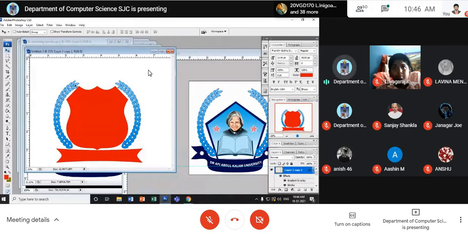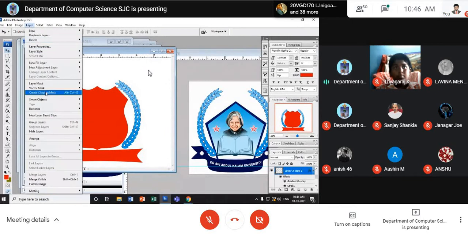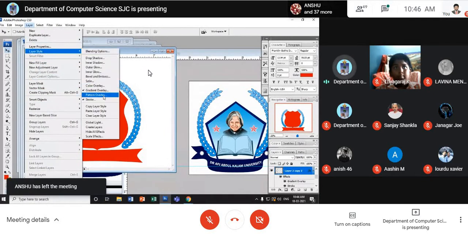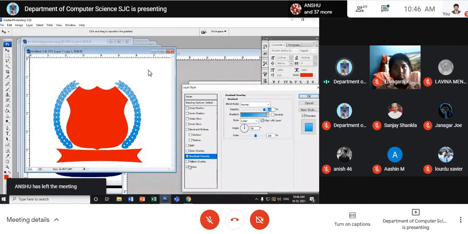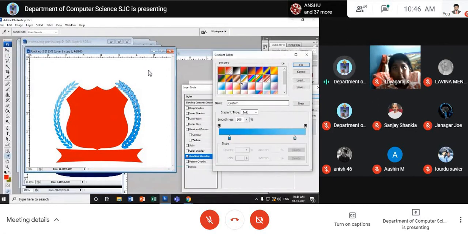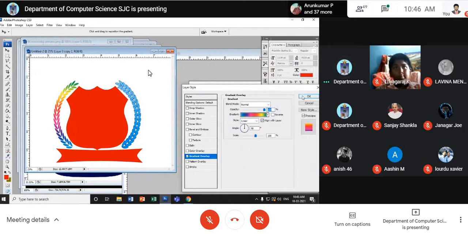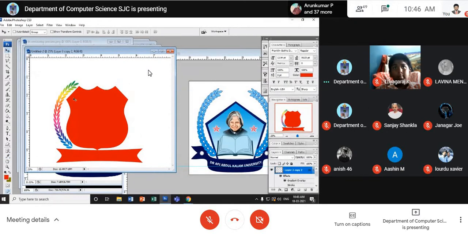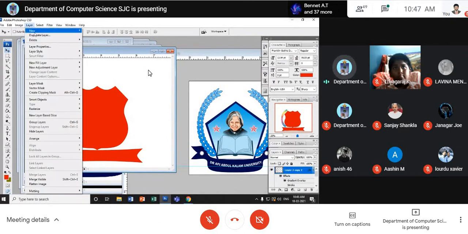Now for example, look here, I just take this one, go to layer style, gradient overlay. In gradient overlay, you can have your own colors. Any number of colors can be kept. Like this you can make colorful logos. See, duplicate layer, making a duplicate copy of a layer: go to Layer, Duplicate Layer.